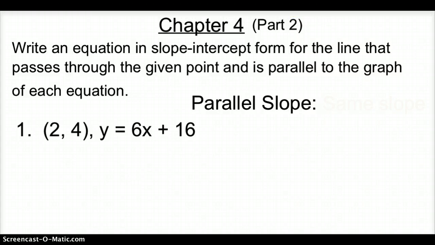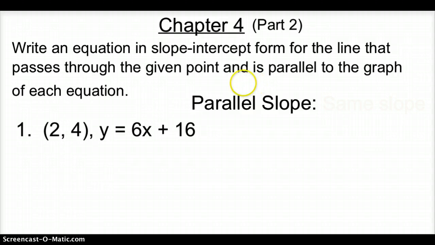Welcome to Chapter 4, Part 2, where we are going to start getting into parallel and perpendicular lines. Here we are going to be asked to write an equation in slope-intercept form for the line that passes through the given point, and it's parallel to this graph. You're also going to be asked to graph it maybe in your assignment. I'm not going to cover graphing today because I covered it yesterday. So if you want to check out how to graph, you can check out video Chapter 4,